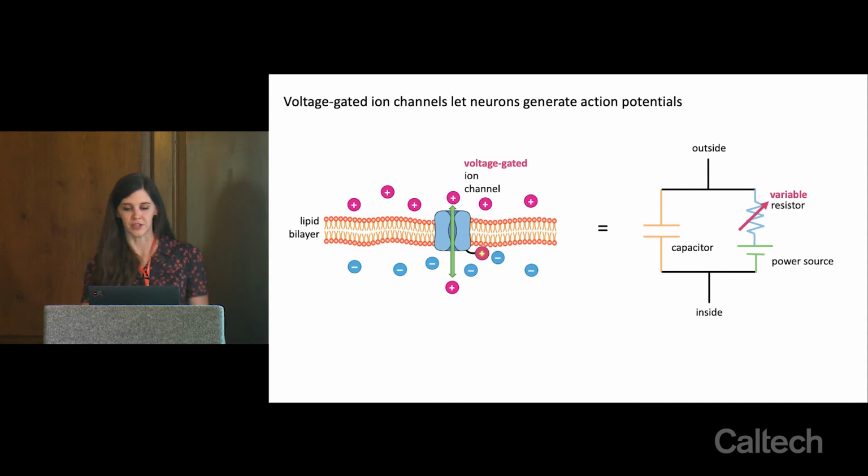The way that they do this is that on top of having passive ion channels with a fixed resistance, they have voltage-gated ion channels, where the resistance of the ion channel to the flow of ions is dependent on the membrane potential. In practice, how this works is you have a charged particle that's attached to this ion channel, and the membrane potential across this lipid bilayer is going to determine how this charged particle is pushed, whether it's pushed further into the cell or closer into the lipid bilayer.